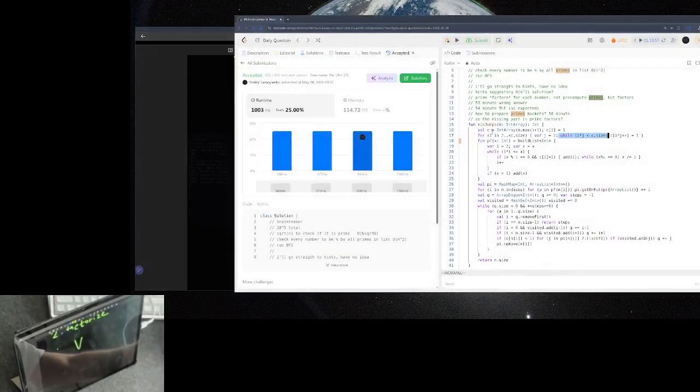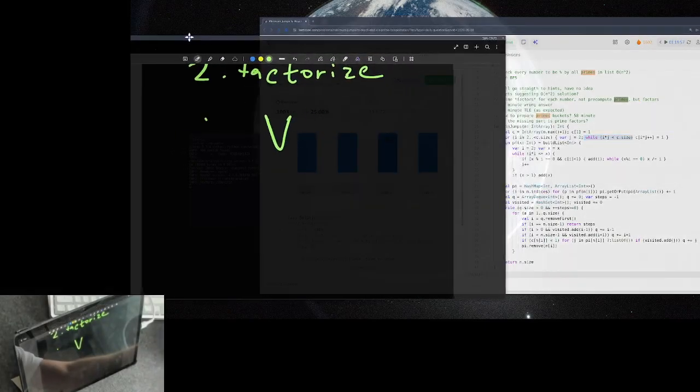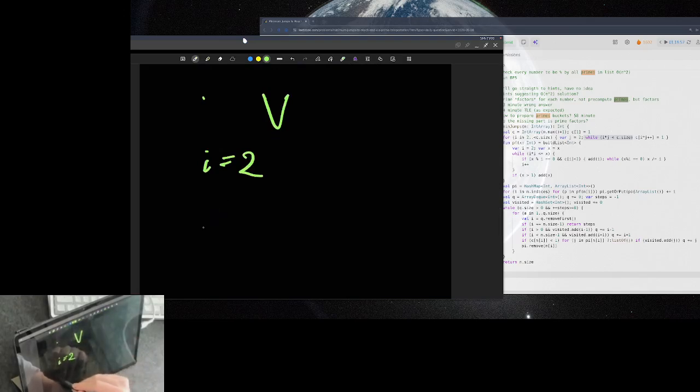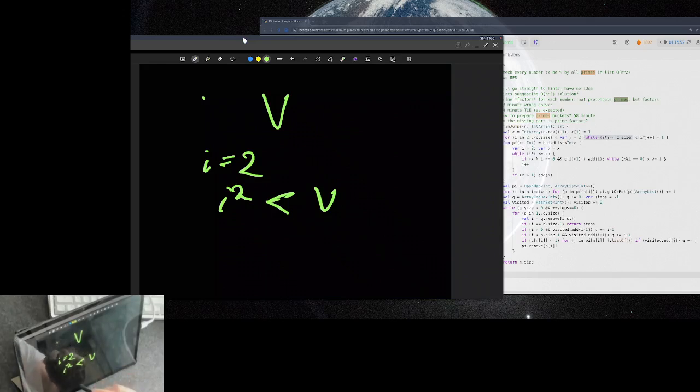Let's look at it. I'm not very fluent in it because it's not a very frequent algorithm in LeetCode, but still let's look at it. So we do iterations, some number i from 2, while i squared is less than or equal to v, i plus plus,